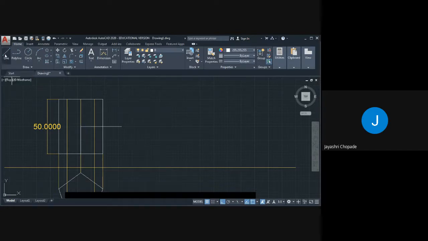Go to line command, select this point and draw inclined line, and that will be 45-degree. So press shift and less than from the keyboard and give the angle 45 and then press enter. So here we have drawn a line which is 45-degree. Enter. Now we can extend this line.